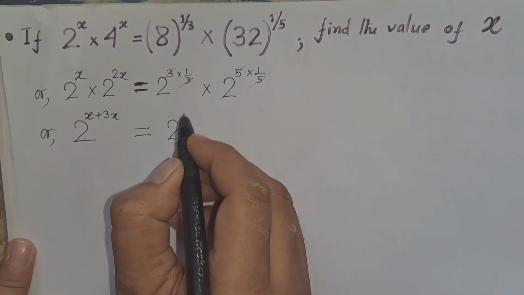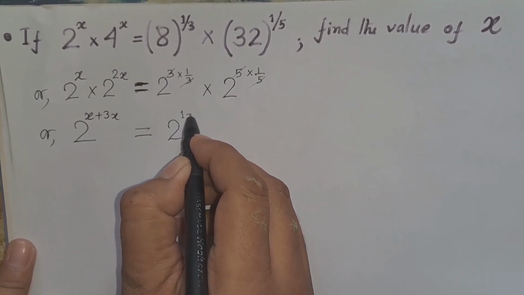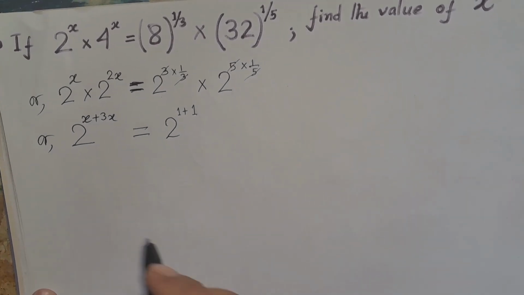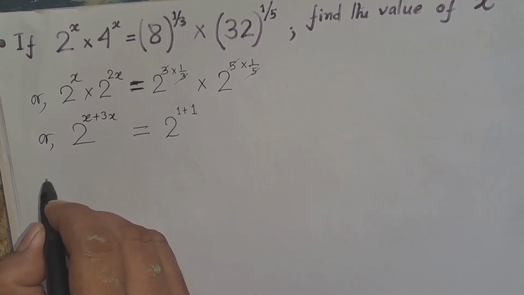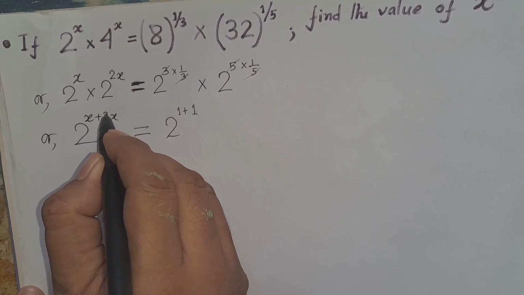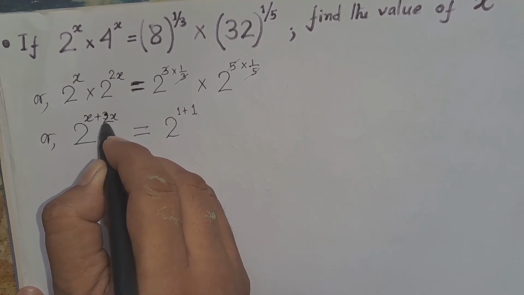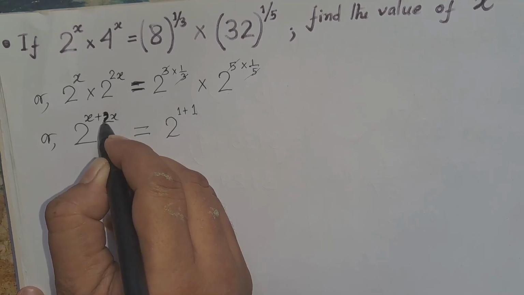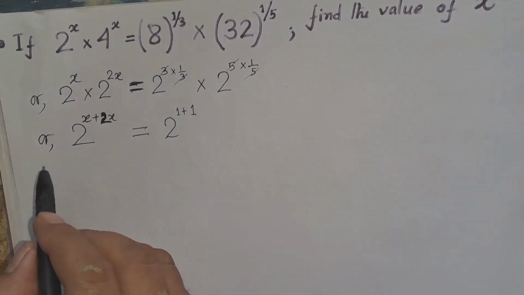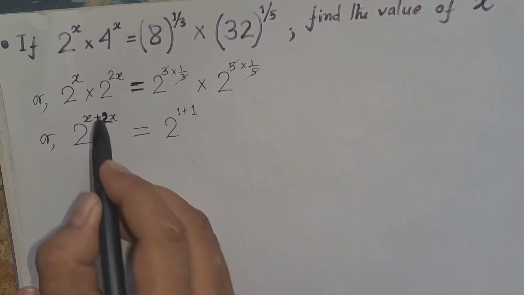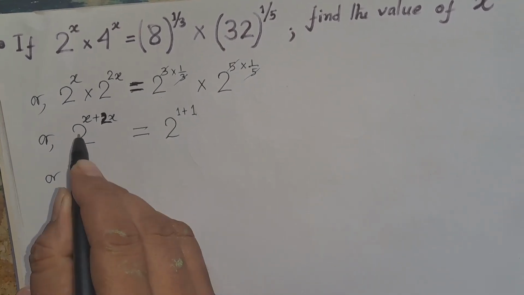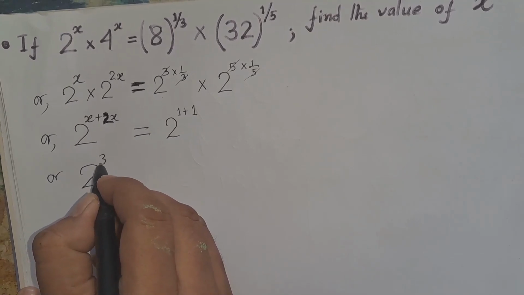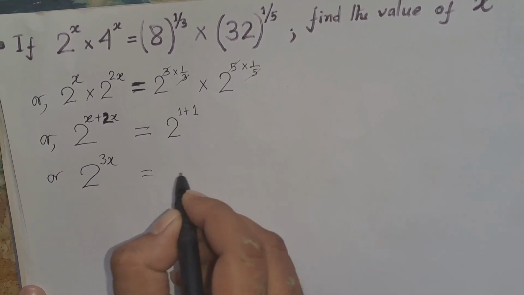Let me cancel the same powers from numerator and denominator. Sorry, I have written mistakenly 3x. Previously the power was 2x, so x plus 2x, it would be 2 to the power 3x,